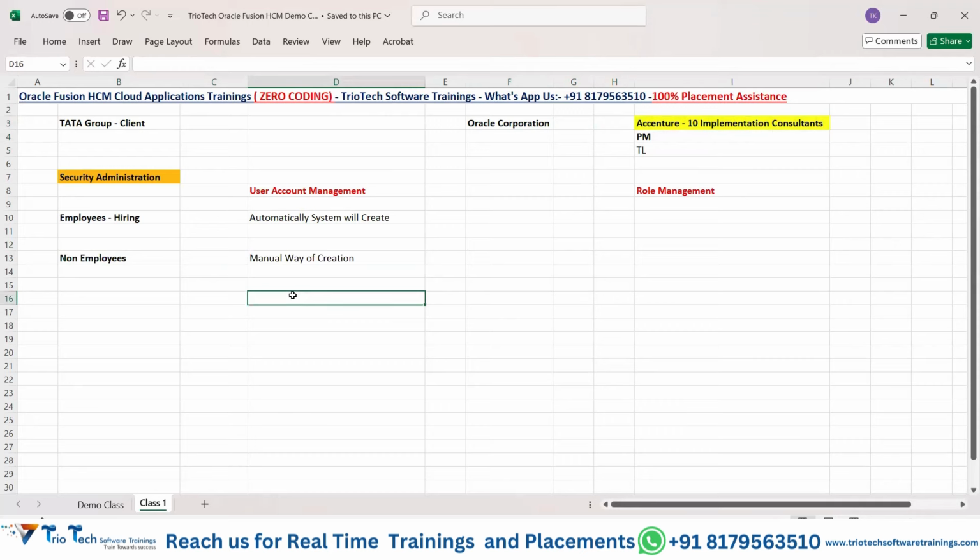If anyone has prior Fusion EBS experience, Oracle E-Business Suite application experience, they used to have the concept of IDM, identity management, or the concept of responsibilities. But here, within the Fusion HCM Cloud application, the entire security is handled in one single place called the security console. If you go to the tools work area,